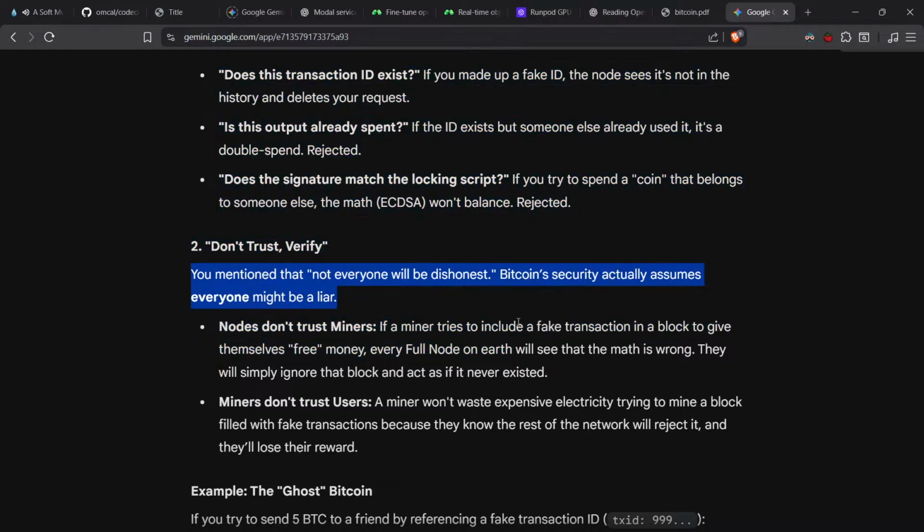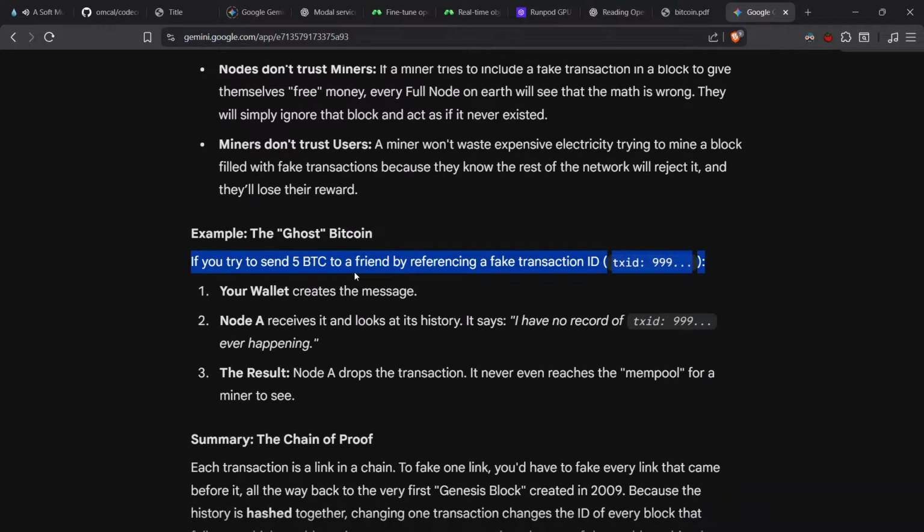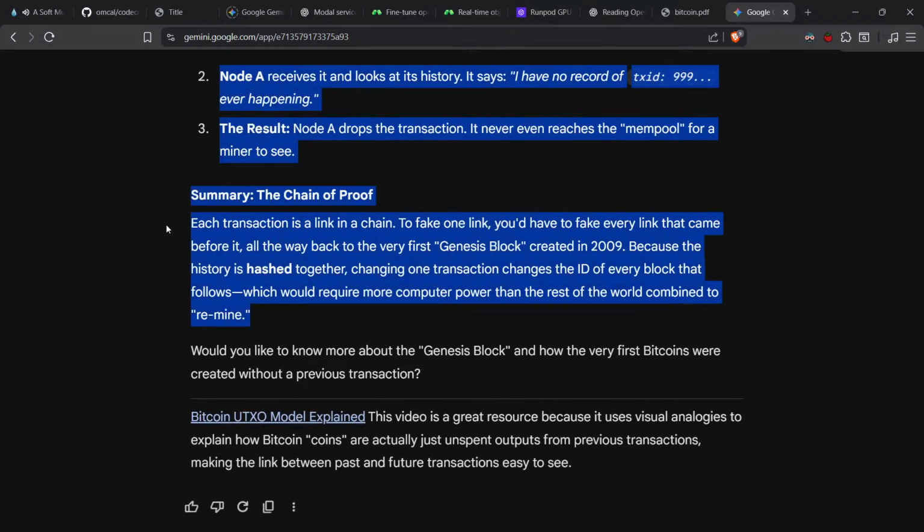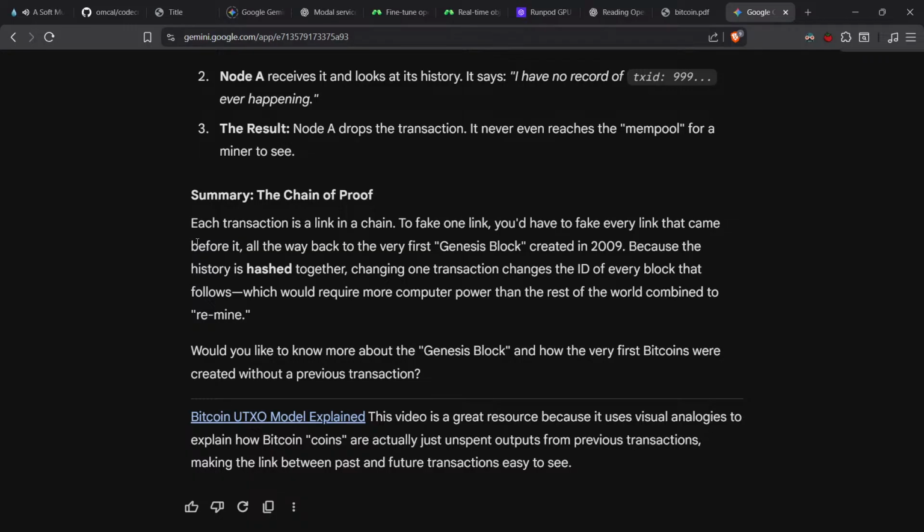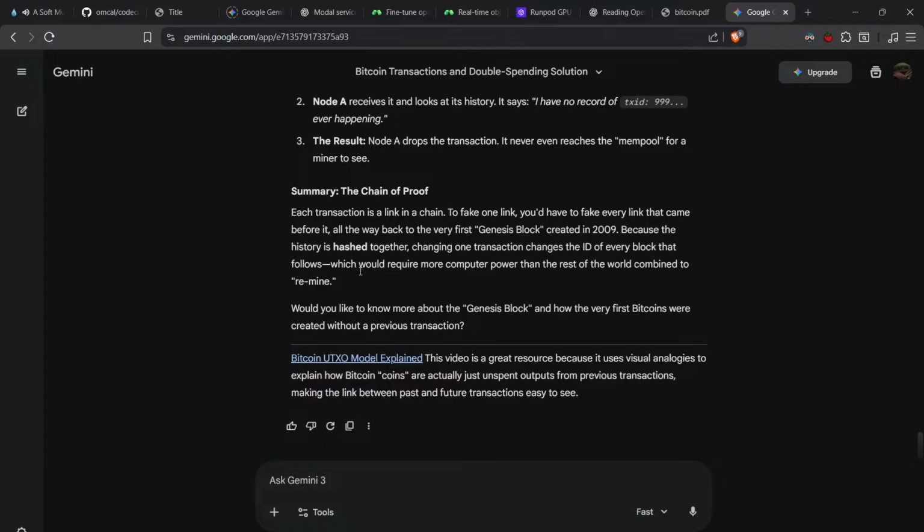Nodes don't trust miners. So a miner tries to include a fake transaction in a block to give themselves some free money. Let's see the math. Right, okay. Okay, I see. I see. So,